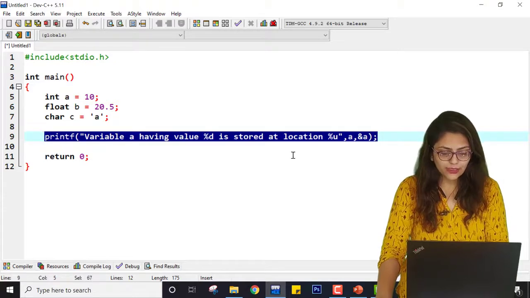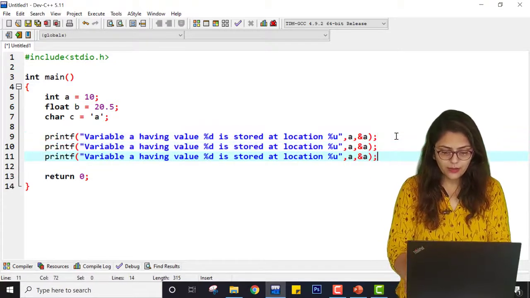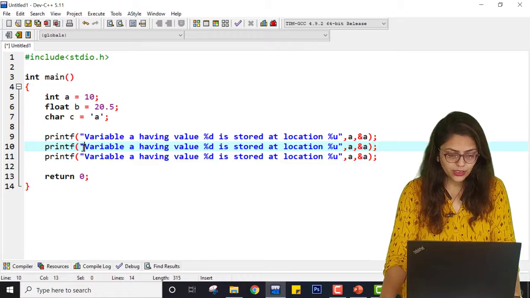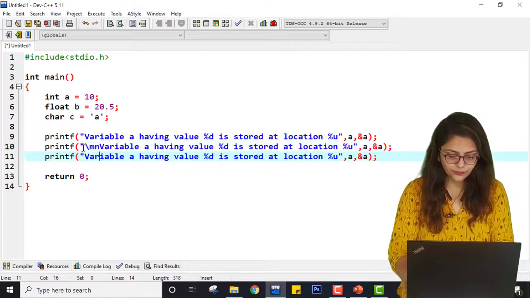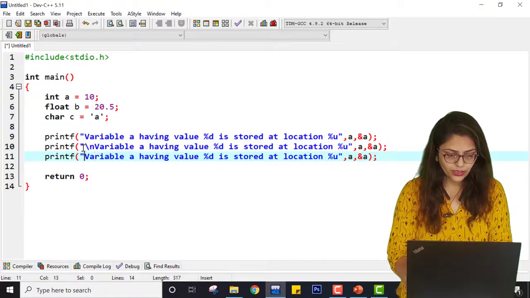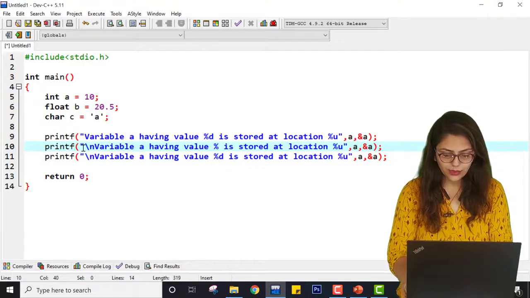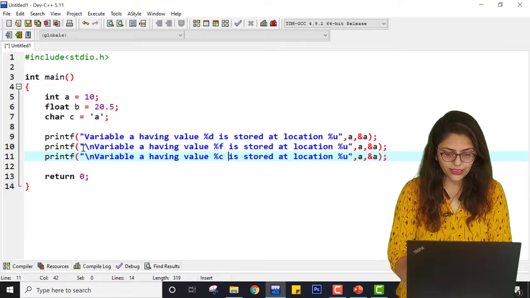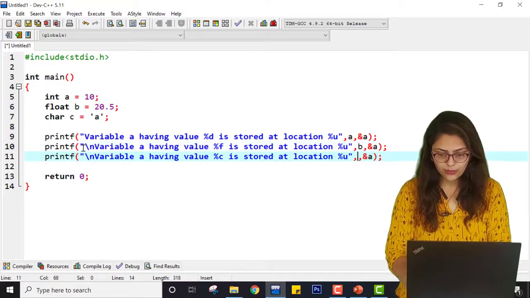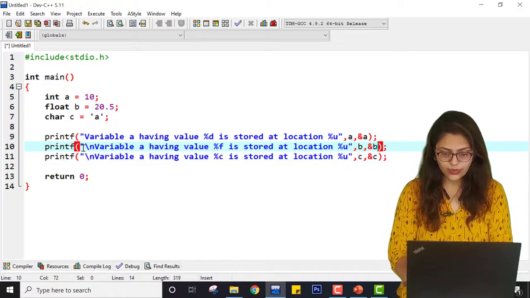So let me copy this statement and paste it over here. Here it will be \n. Here it will be \n, right? And here as the variable is float, I am writing %f, and here I am writing %c, and it will be the same for b and c. Here it will be c, here it will be b.